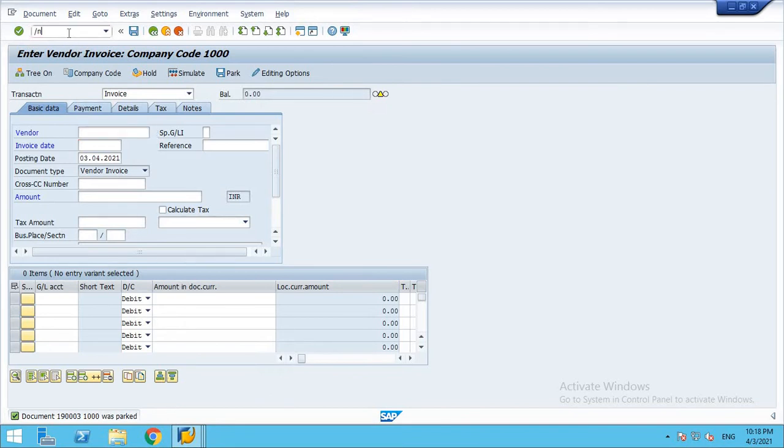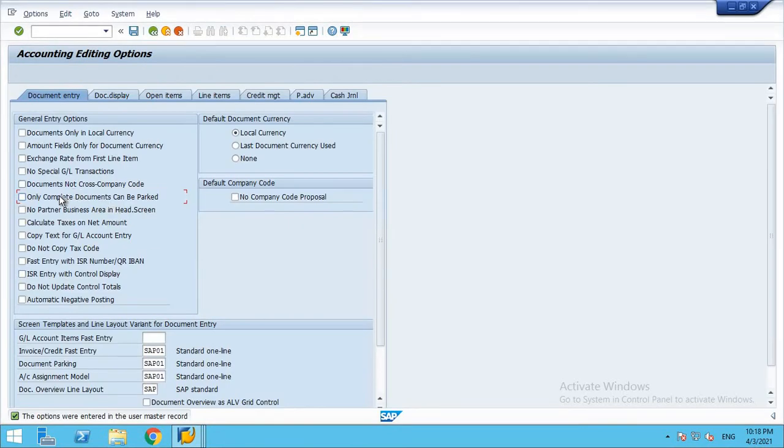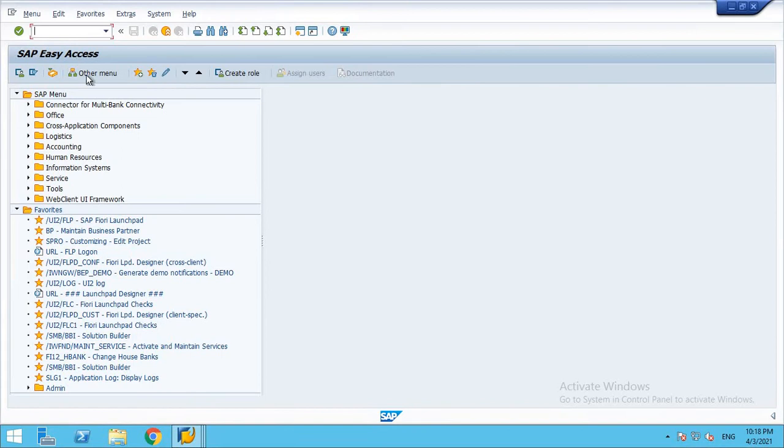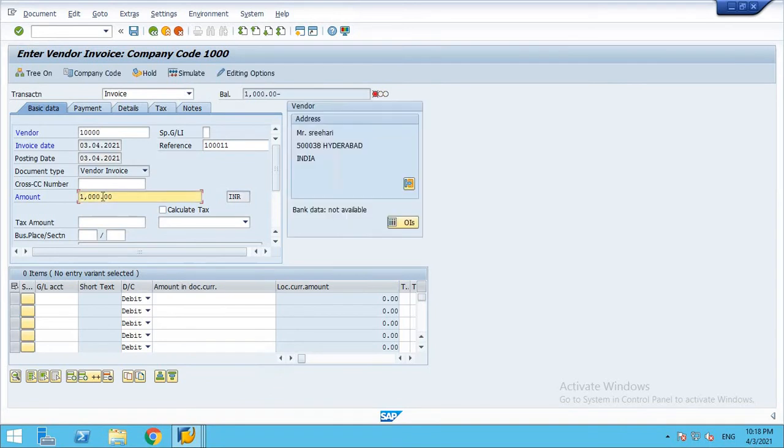Now let me go with this option and save it. Saved. FB60. You can see one difference between before and now on the current screen: the parking button has disappeared.